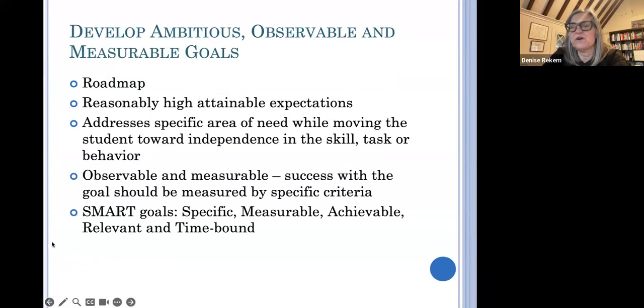So, we like to talk about the goals as really the roadmap for the services. The goals should drive the services. So if we say that this child with, for instance, dyslexia is at a certain level of reading, we want to say where we expect the child to be in a year, and then there'll be objectives within that goal for say each quarter of a year, and those goals are then going to be driving what type of reading instruction the child needs in order to make those goals.